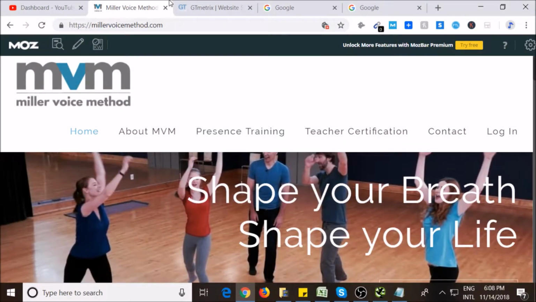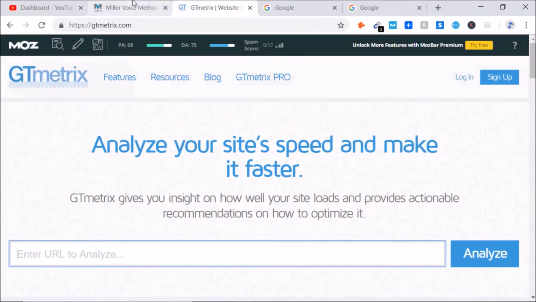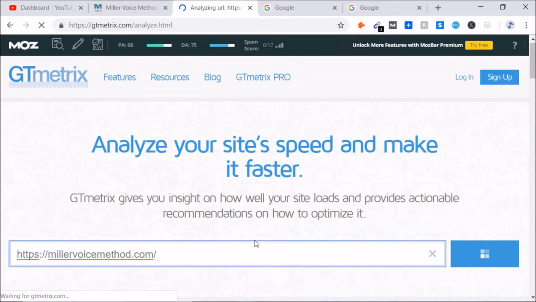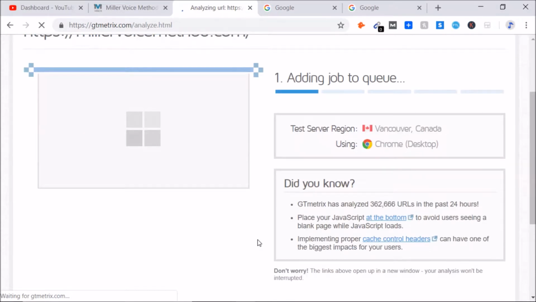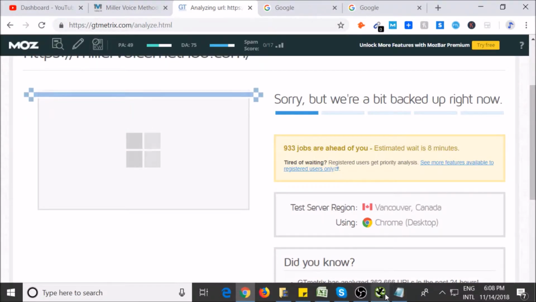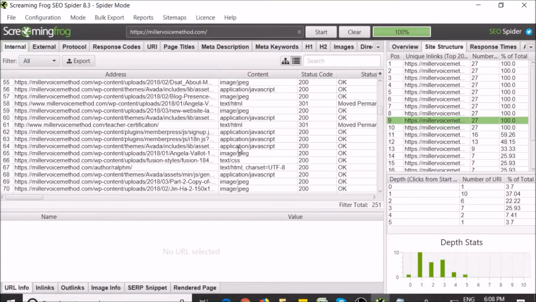So now let's go ahead and check. Where's the Screaming Frog going? Oh, what happened to GTmetrix? Oh no, it just vanished. I think it was taking so long. Okay, either way, I think it's going to take a lot of time. But yeah, let's look at the